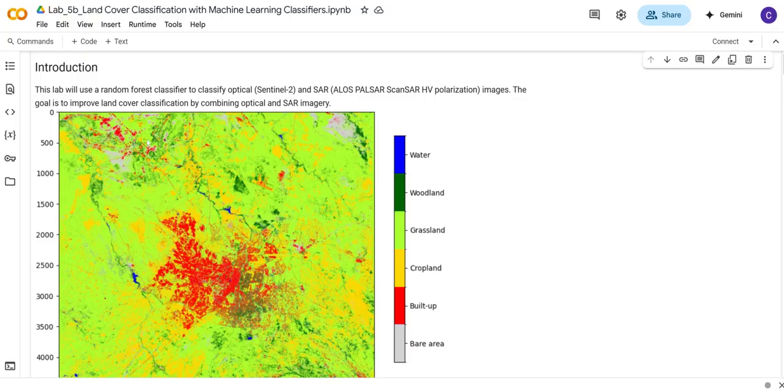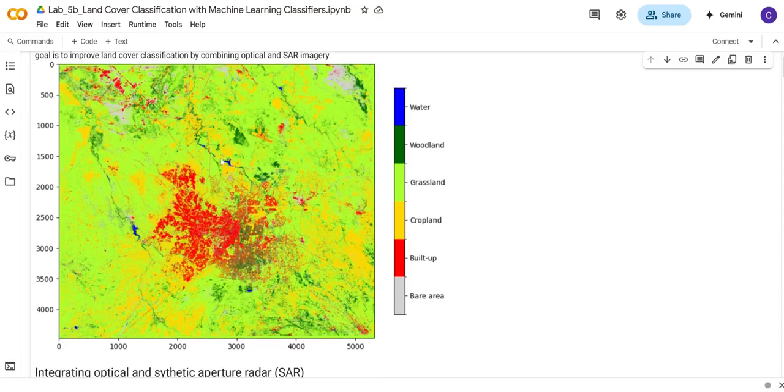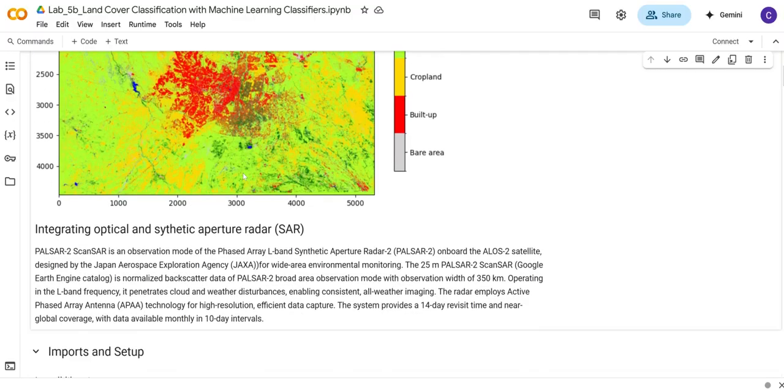Right. So the focus of this tutorial is to try to improve land cover classification by combining optical data from Sentinel-2 with the synthetic aperture radar data from ALOS PALSAR-2. We hope to reduce the spectral confusion and capture more land cover information. Okay, so